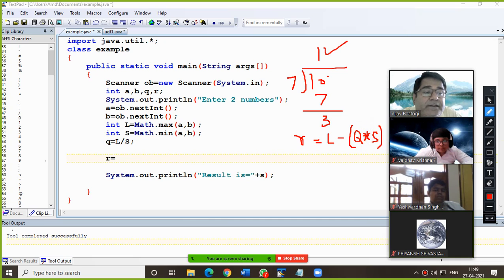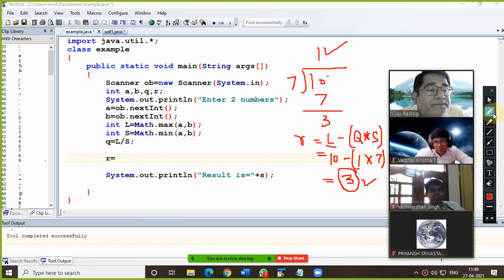So the largest was 10, and the quotient was 1 into the smallest, that is 7. So actually the remainder is coming 3.